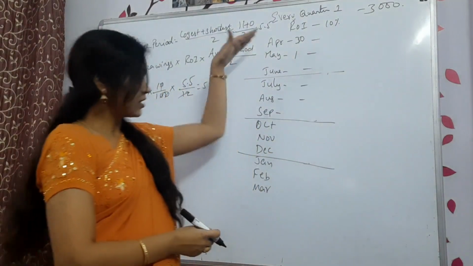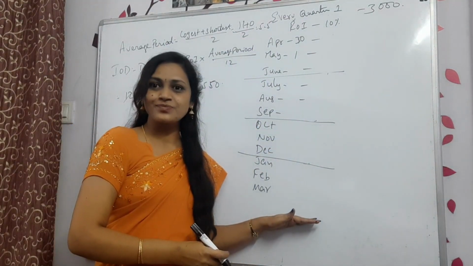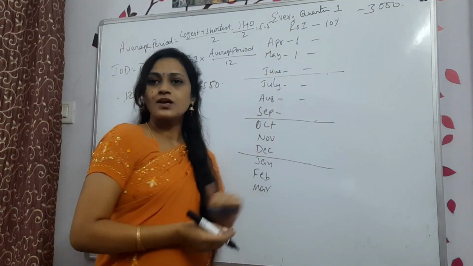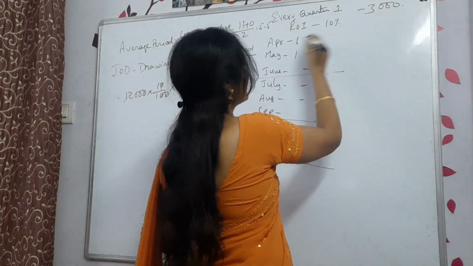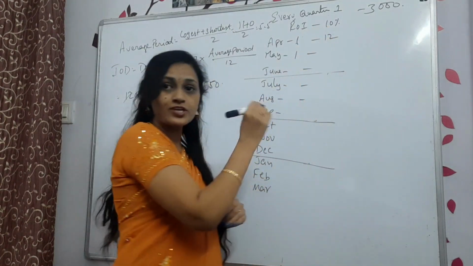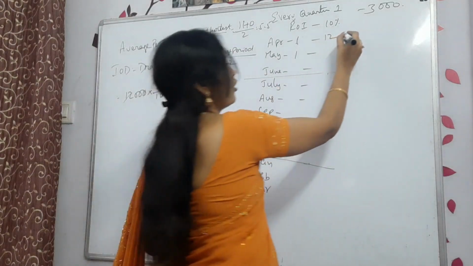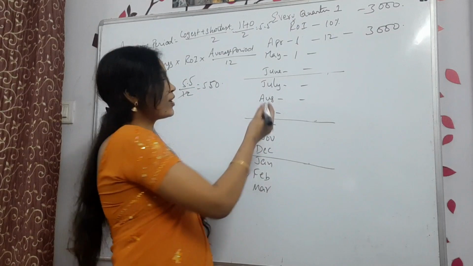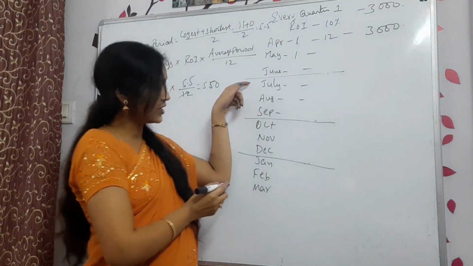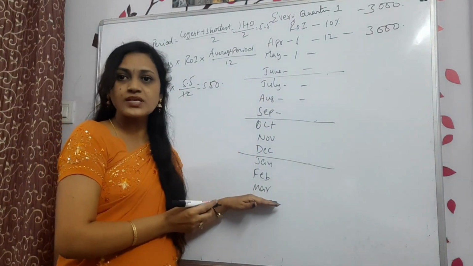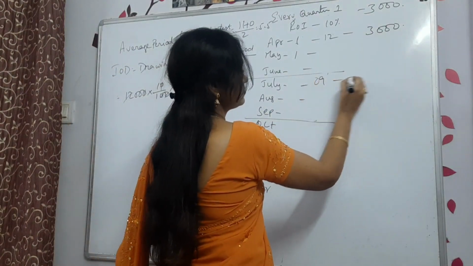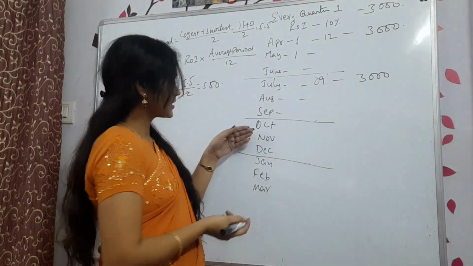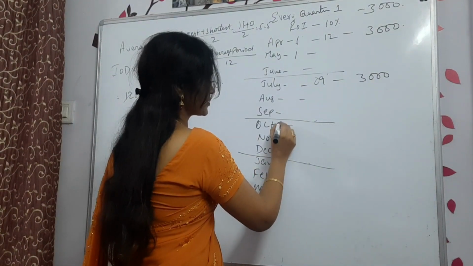Every quarter, already we split it into the quarters, right? So first quarter is on April 1st. Now how many months left here? Already we calculated total 12 months left. How much we have withdrawn? 3000 rupees we have withdrawn. Second quarter, July 1st. So from July 1st to March 31st, how many months were there? 9 months were there. How much we have withdrawn? 3000. Right? Next, third quarter, October 1st.